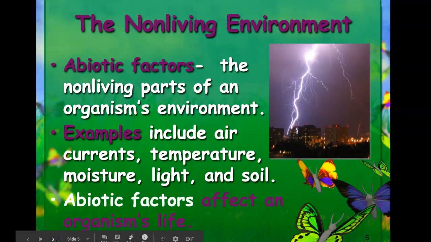Now, the abiotic factors can affect an organism's way of life. So let's think about what's going on right now. The reason why we're not going to school is because we've had an outbreak of COVID-19. The abiotic factor would actually be the virus, because for right now, scientists have classified viruses as non-living. So this abiotic factor has caused us not to be able to go to school and spend time with each other. Now, some of you may be excited about that. Others of you are realizing really quickly that being at home is slightly boring.